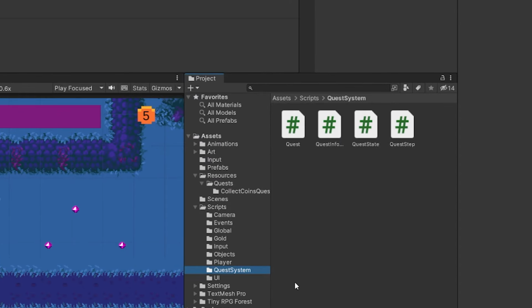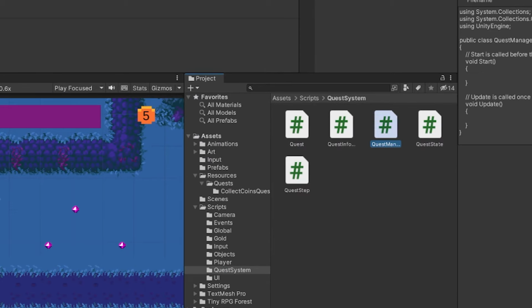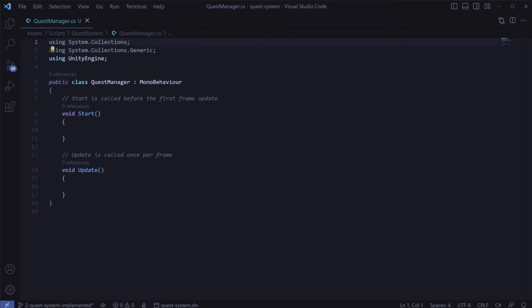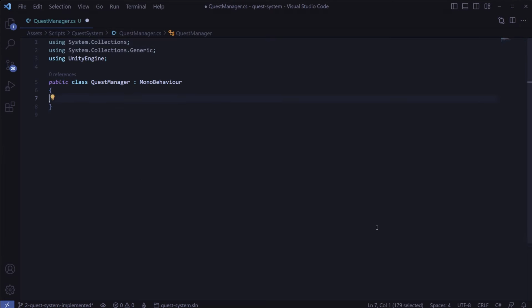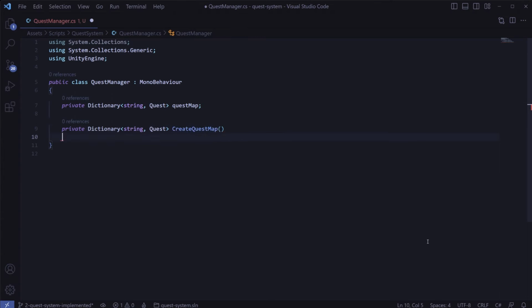Under the Scripts QuestSystem folder of the project, we'll create a new C# script called QuestManager and then double click it to open it up. Taking this one step at a time, let's first focus on loading all of the quests into a map where we can easily reference a quest by its ID. We can remove these placeholder methods, and then we'll create a private dictionary that maps a string to a Quest called questMap. Then we'll create a private method that returns a string to Quest dictionary called CreateQuestMap, and in there